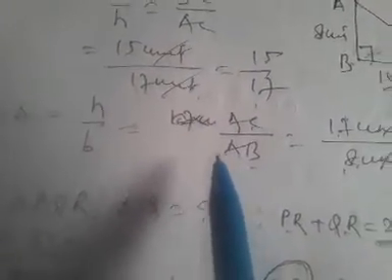Now, sec A. We have to find out sec A also, which is equal to H by B. H is represented by AC and B is represented by AB. Now, from this figure we can obtain that AC is equal to 17 unit and AB is equal to 8 unit. So, we have put that over here, and 17 unit by 8 unit is equal to 17 by 8. Thus, we have obtained the value of sine A and sec A when cot A was known to us.